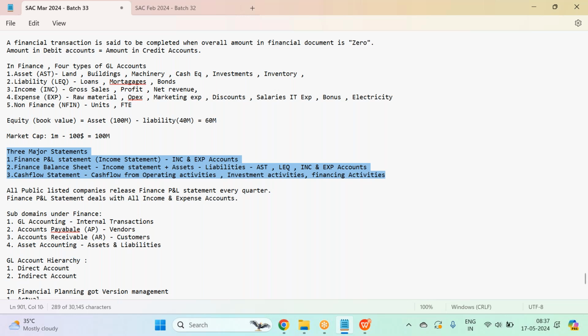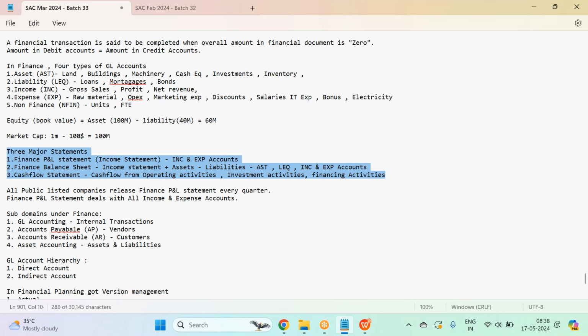They release their profit and loss statement. The earnings statement is nothing but the P&L statement or income statement. Earnings means nothing but the P&L statement. The P&L statement deals with all income and